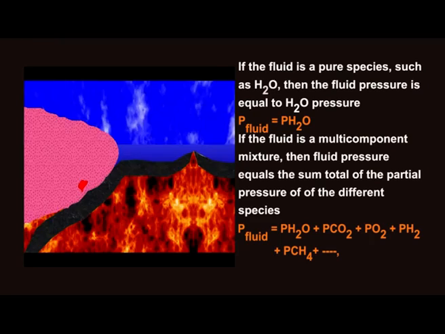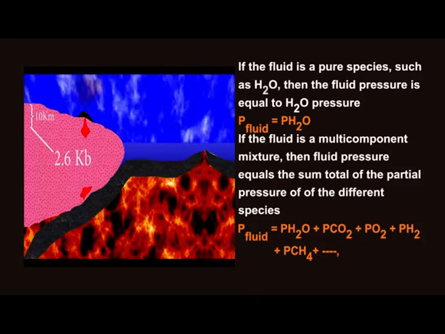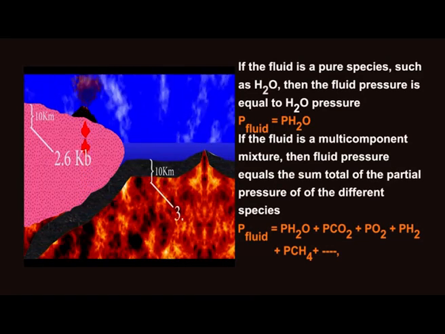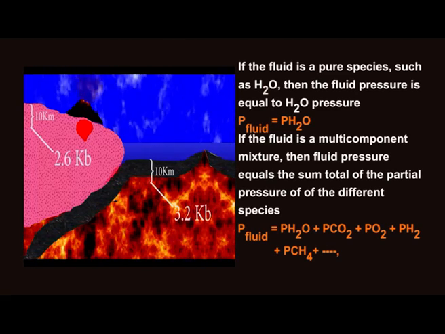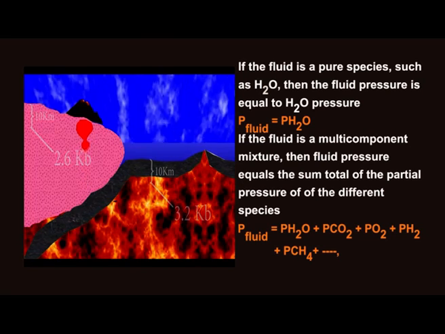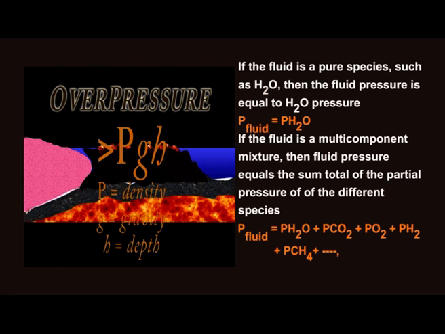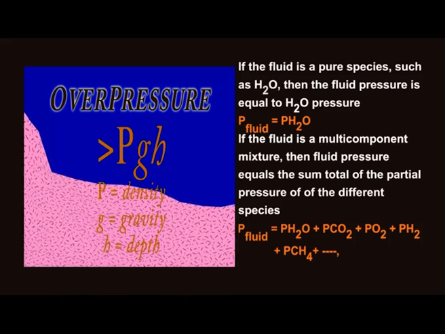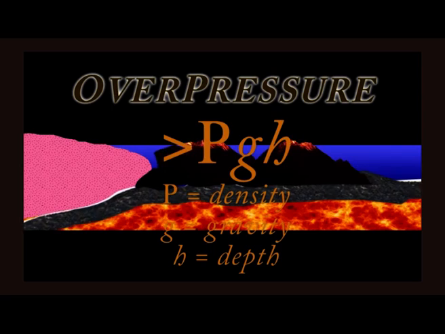If the fluid is a pure species such as H2O, then the fluid pressure is equal to PH2O pressure, P fluid equals PH2O. If the fluid is a multi-component mixture, then fluid pressure equals the sum total of the partial pressures of the different species, like P fluid equals PH2O plus PCO2 plus PO2 plus PS2 plus PCH4 plus etc. Fluid pressure is generally believed to be equal to lithostatic pressure, P fluid equals P total, in